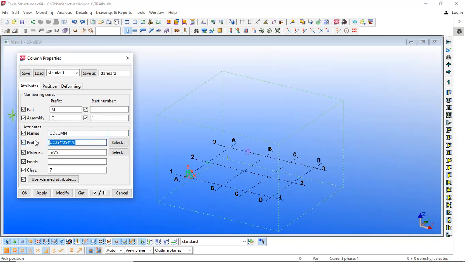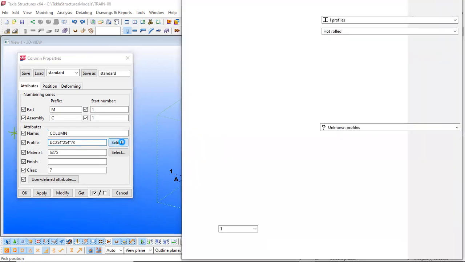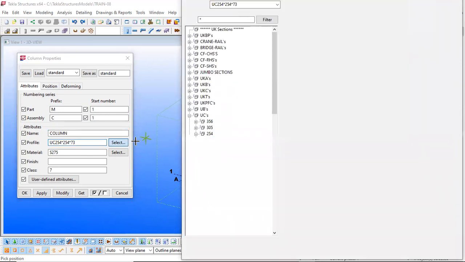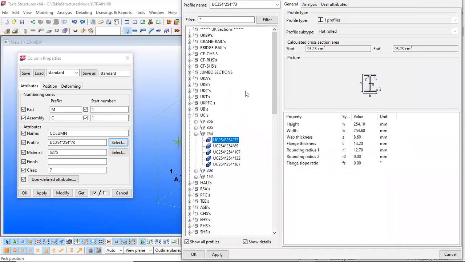And the next is your profile. Here we can see some description. We can change this as per design drawings. How that can be changed is there is a button here, select. Whenever I select it, I get the catalog.